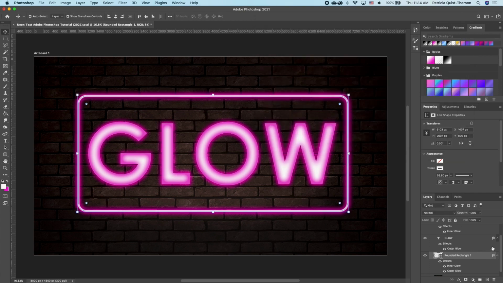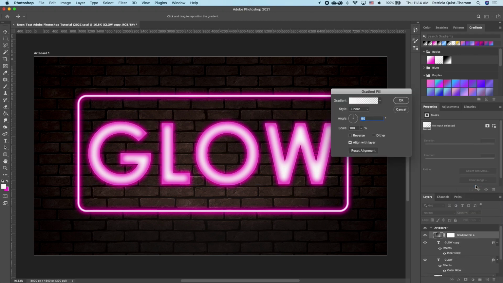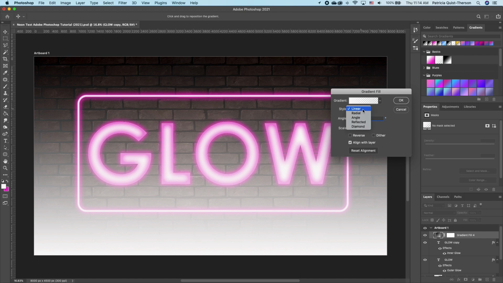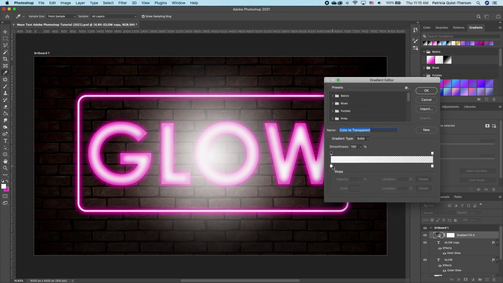Now this looks good. And the last thing that I'd like to do to enhance the glow effect is to add a bit more of a gradient effect from the inside out. So we're going to click on our top layer and go to adjustment and add gradient. Now we're going to first of all change this gradient to radial so it's in the center focal point. Now I'm going to go ahead and click on my color and we want to change this. So you can click on this